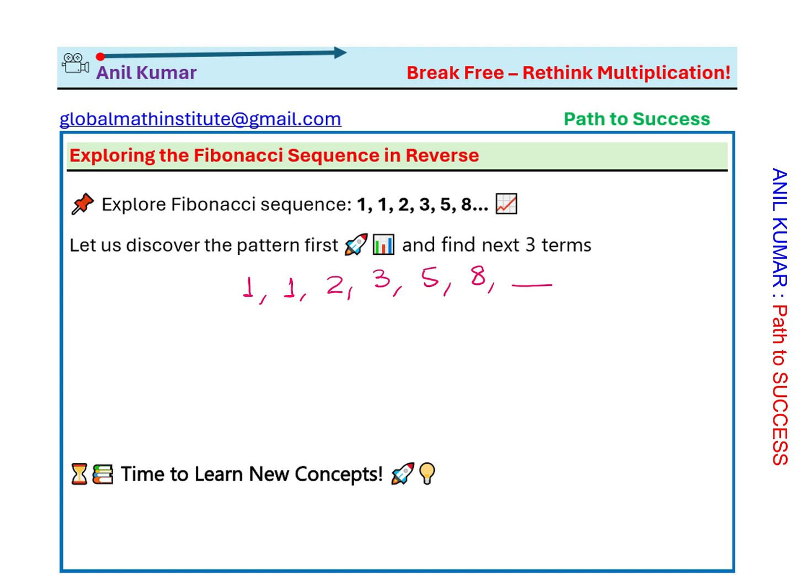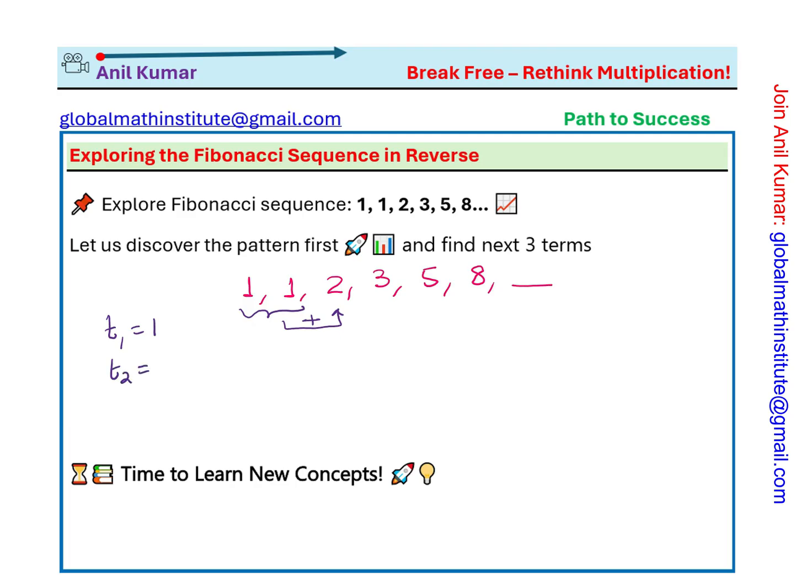Well, the way to get it involves two numbers. So consider you're given two numbers, in this case 1 and 1. So these are your first two terms. To get the next term, add them up. So we know that the first term is 1, the second term is also 1 in this case, and